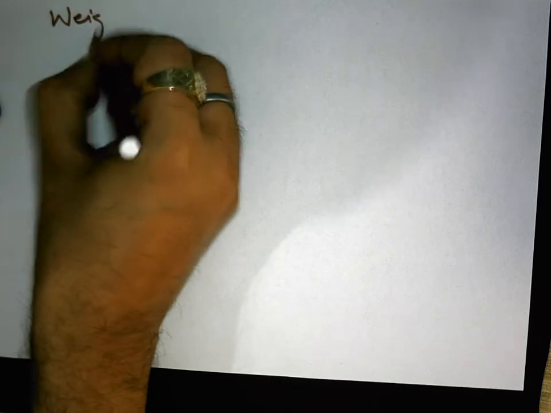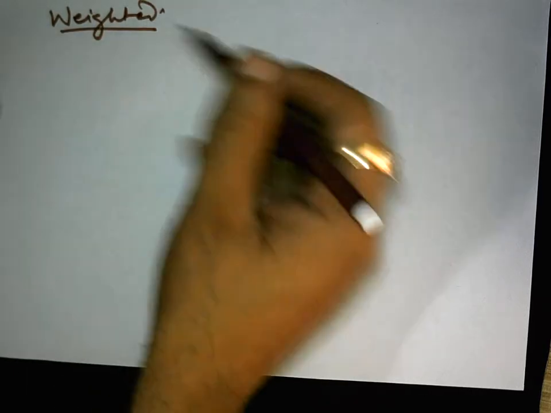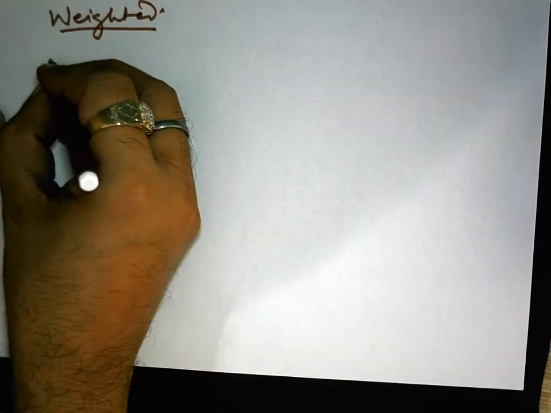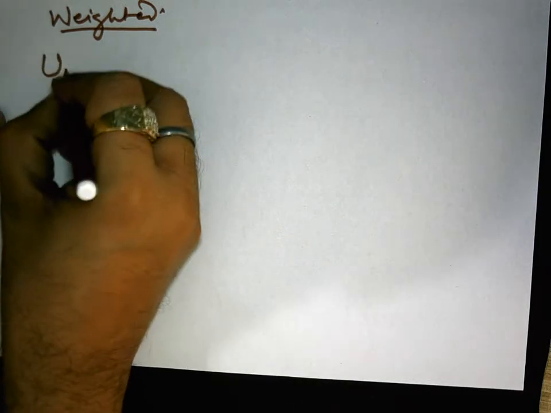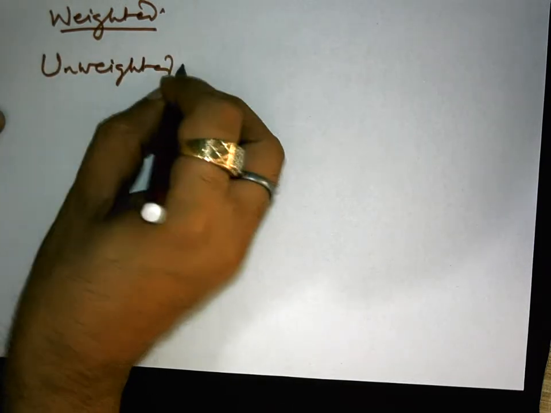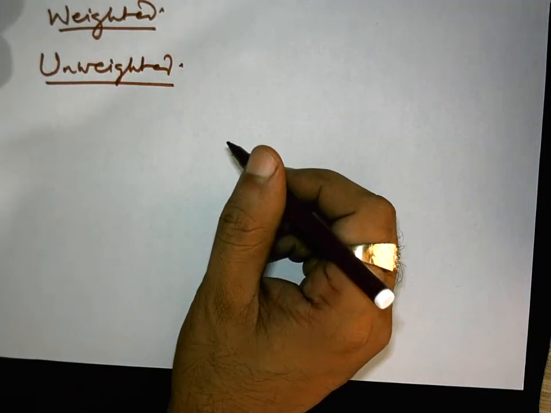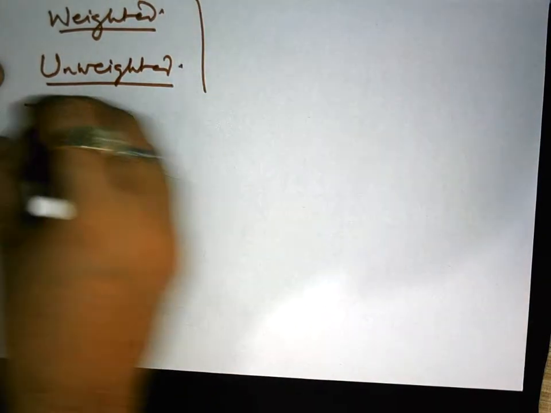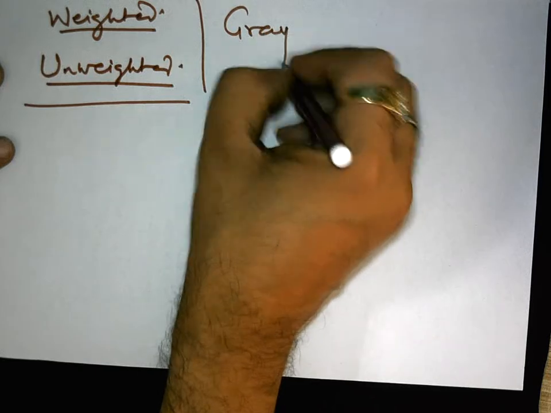Now I am coming to describe some unweighted codes, and the very famous unweighted code is the Gray code. So far we have discussed codes that are all weighted codes. They have some weight for their position, and there are some unweighted or non-weighted codes. They are very often used in digital systems, and a very basic and famous code out of those is the Gray code.